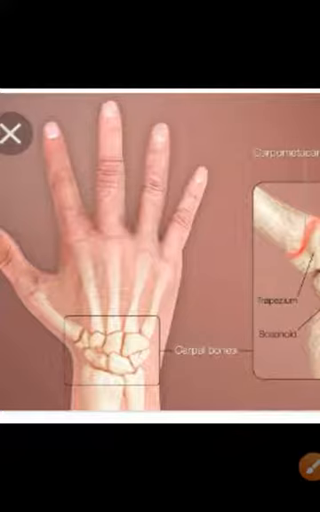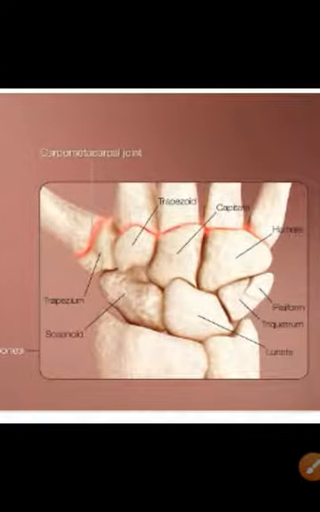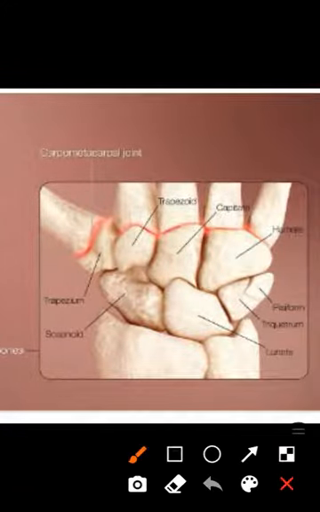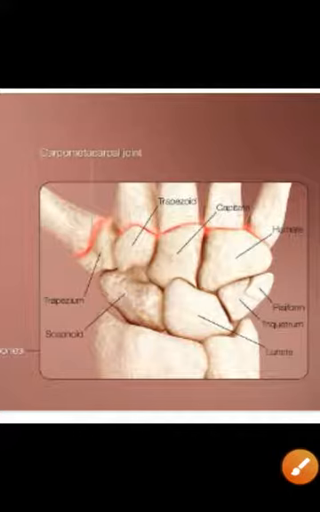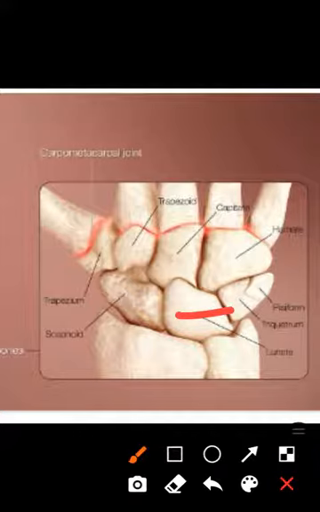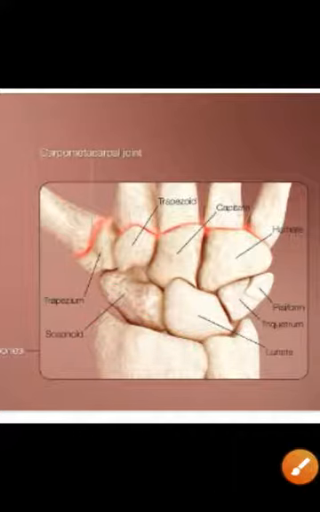And note that regarding the carpal bones, the wrist joint is mainly between the radius and ulna and between the scaphoid and lunate. As you can see, this is the lunate and the scaphoid. So the wrist joint is this. It is only between the scaphoid and lunate and the radius and ulna, and mostly the radius.